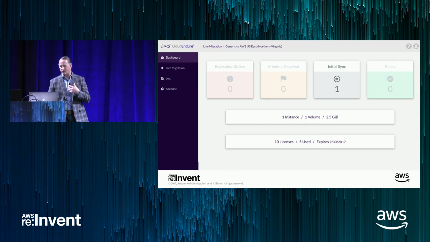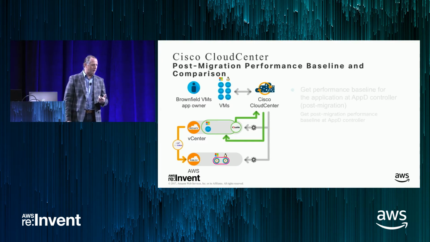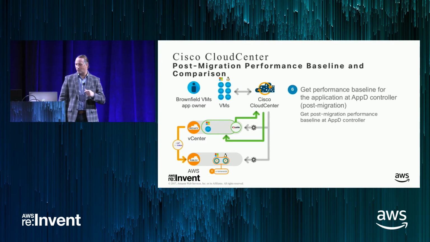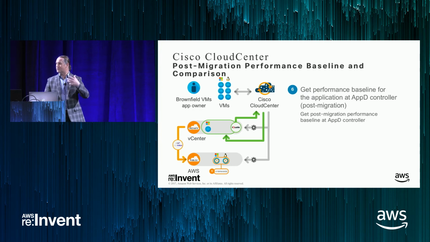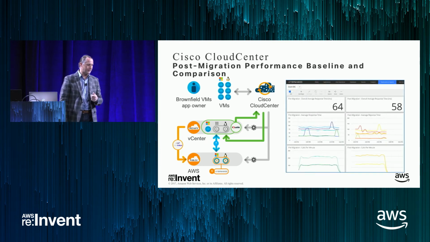They're actually receiving the request. They're starting to do the initial sync. They're telling you how much data they're moving and the progress of what's actually happening. Okay? So continuing on, we're now going in and we need to bring this new target back in under management. So we're bringing it in, we're installing the AppDynamics agent, and we're going to start comparing the data again. So now we have a side-by-side comparison.